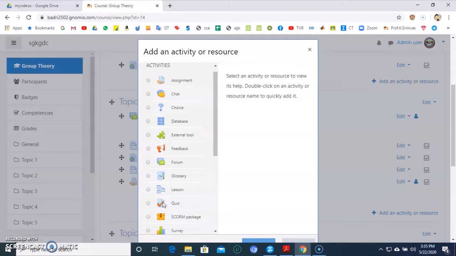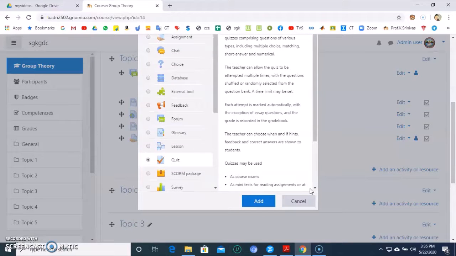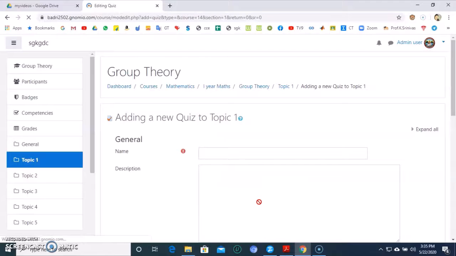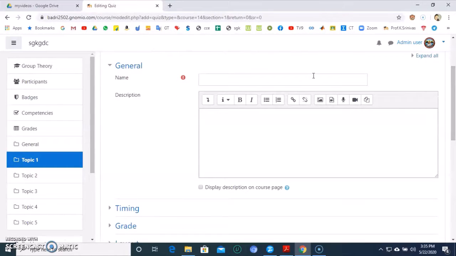Here it is. Check it and then click on add. Yes, adding a new quiz. Give its name. I'll name it quiz for topic 1. If any description is there, just describe here. Otherwise, leave it.